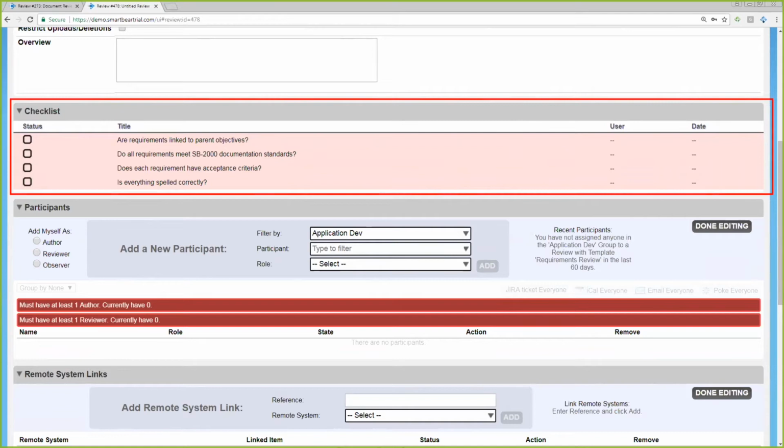Does each requirement have acceptance criteria? Something maybe you'd see a lot in an Agile Scrum team. Is everything spelled correctly? A basic thing that we want to go through while we're performing these document reviews to make sure that we're looking out for. Now, in the real world,